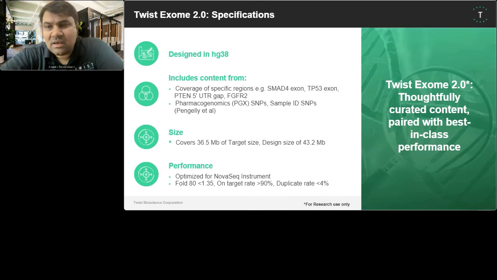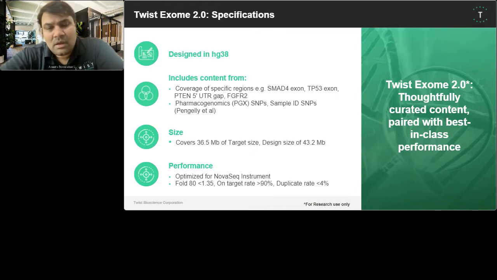Certain key regions and key exons that were either not covered properly or missed are included, and we ensure that their coverage is exceptionally good. We included a lot of pharmacogenomic SNPs in there, and sample tagging SNPs that are pretty much relevant in the current scenario. And coming to the size, it's a 36.5 MB exome with a 43.2 MB design size,